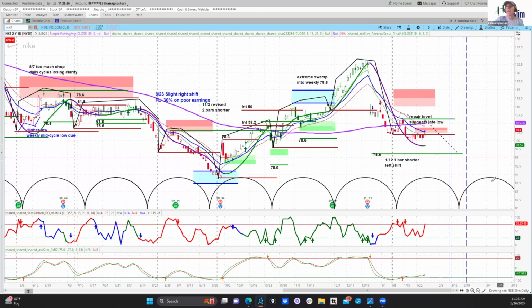So we would expect this area to hold and for Nike to move back down into the cycle timing window here, which is projected from February 9th to February 20th. So now that Nike is trading up into this zone, we want to see this area hold and for price to turn back down and give us an entry signal. That would be a momentum continuation to the downside signal down here on the slim ribbon PO and/or a return to negative momentum on the 2-hour chart. I personally tend to look for both as confirmations of each other.